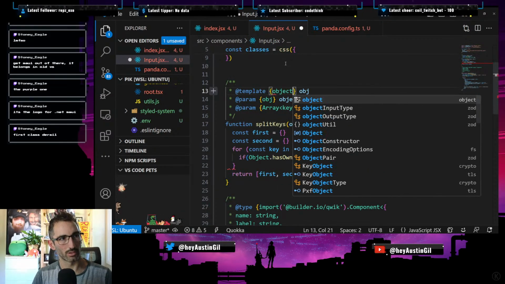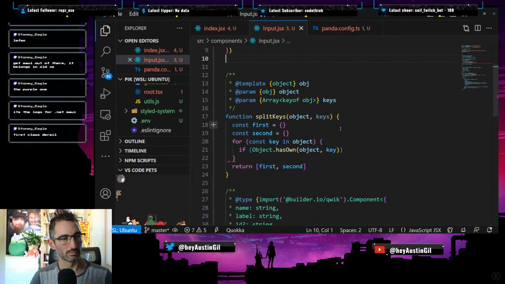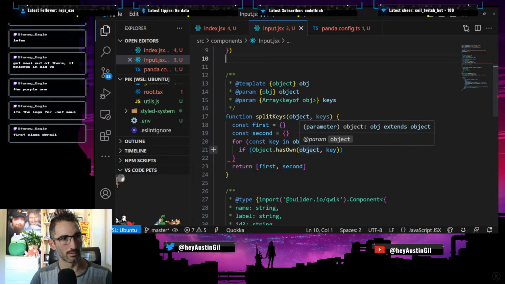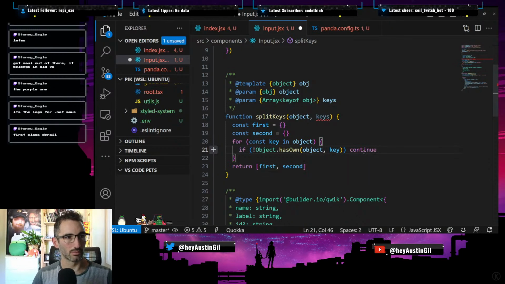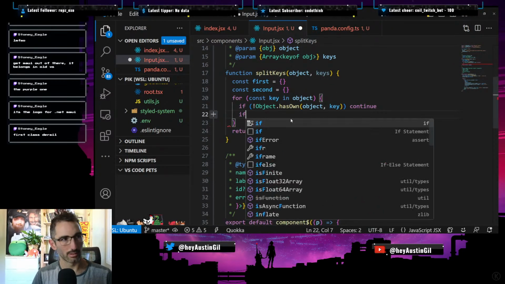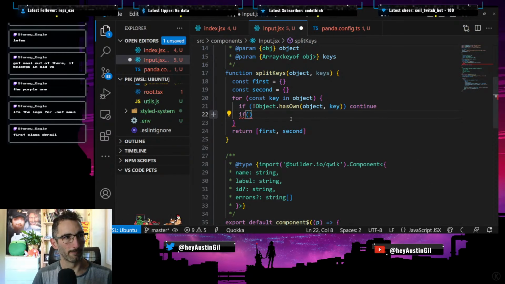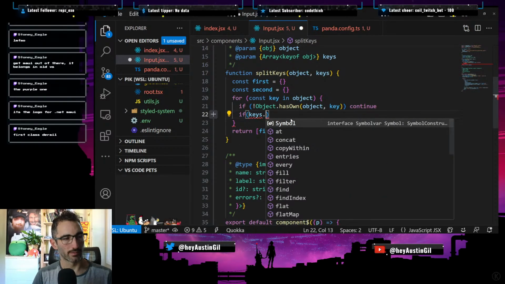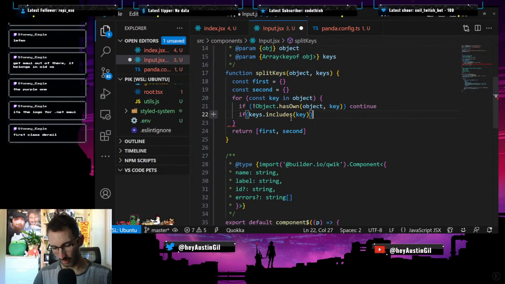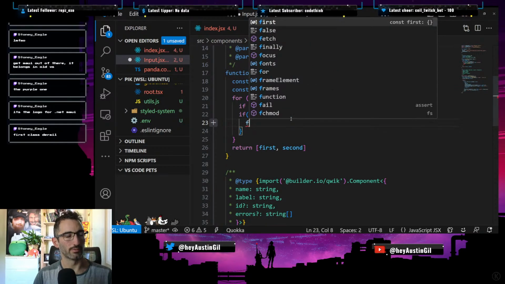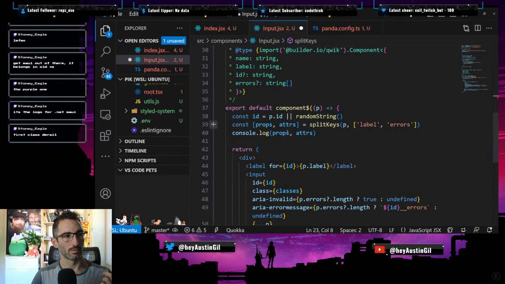You should be an object, right? There we go. Cool. Yes, cool. If not object has own, continue, cool, and then we can say if keys dot, no, includes key, then we will say if we have it, what do we want? We want to return,